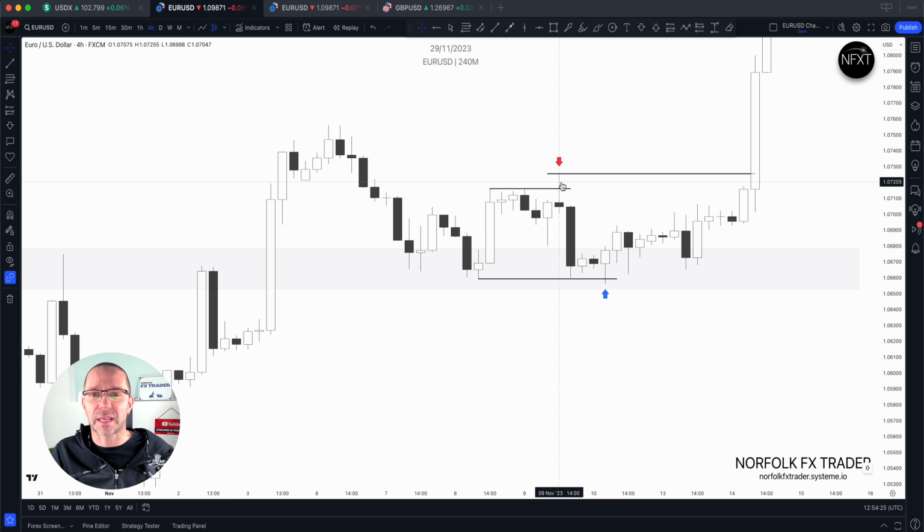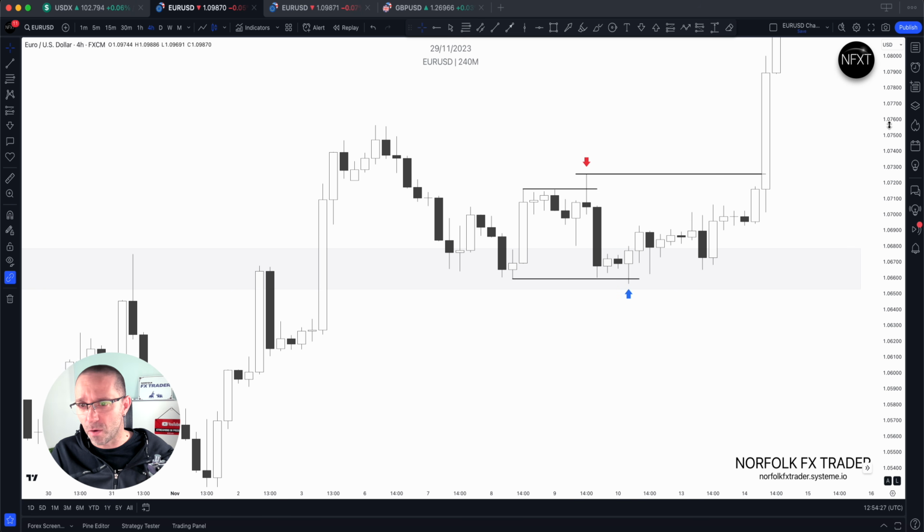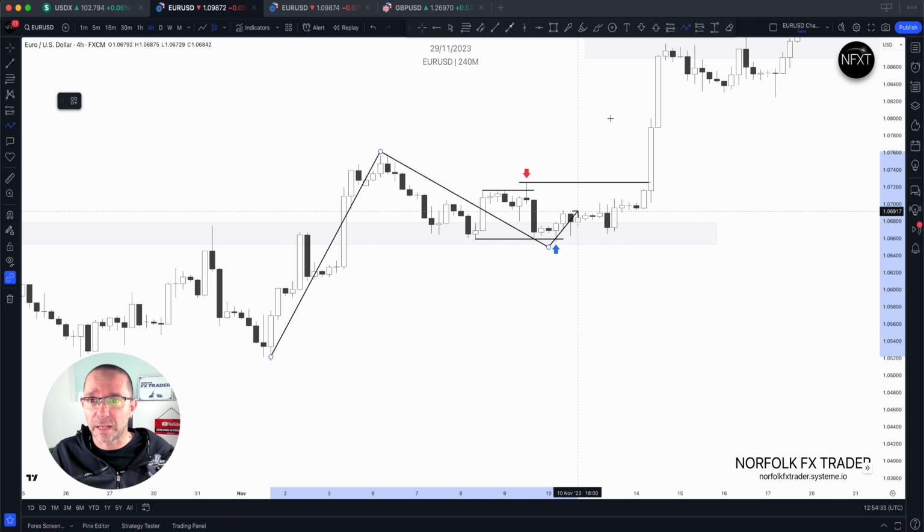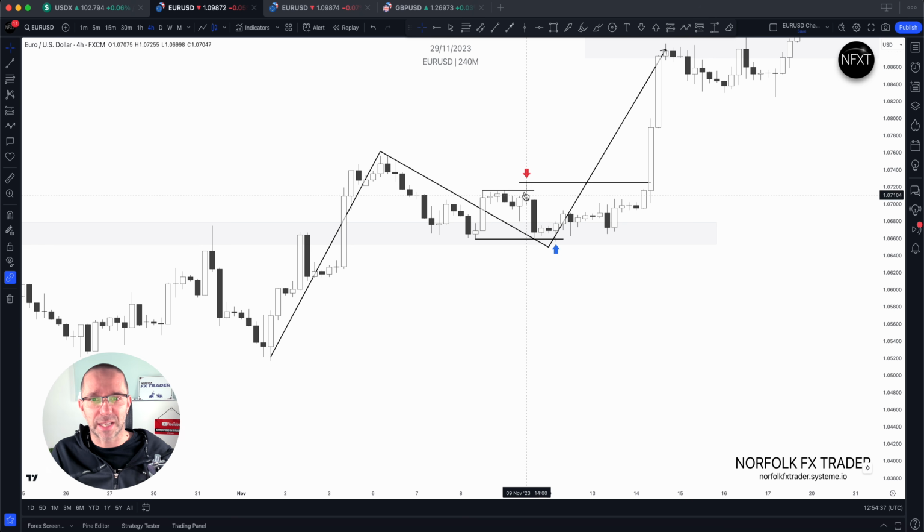Why? Because we're going against the overall trend. Now, when I say overall trend, I mean by the swing structure, okay? This is something that you'll learn more inside the community if you decide to join, and you can see the market pushes up. So this is against the trend. So this is a very risky trade, but I just wanted to show you that is a type of pin